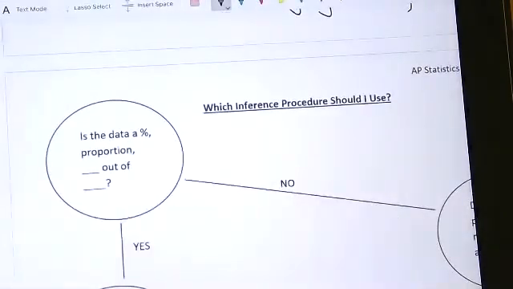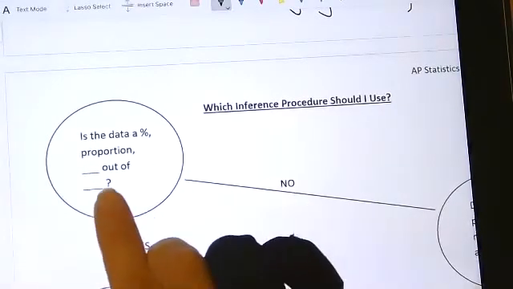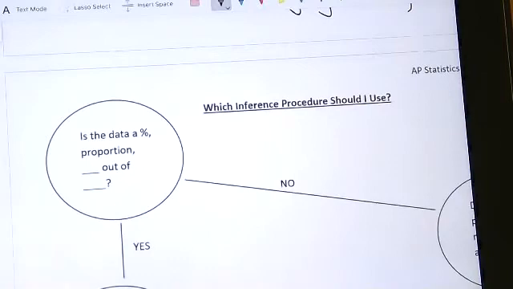Now, when we do our test next week, like our literal test, not like a significance test, it's going to be chapters or unit 6 and 7. So it's going to have means on it. It's not going to have proportions. However, when you take the AP exam, it's going to be all mixed. They're not going to say, hey, here's a problem dealing with proportions. Hey, here's a problem dealing with means. You got to be able to tell the difference.